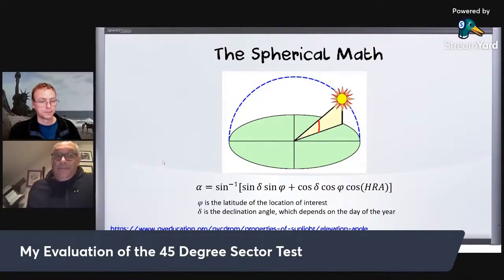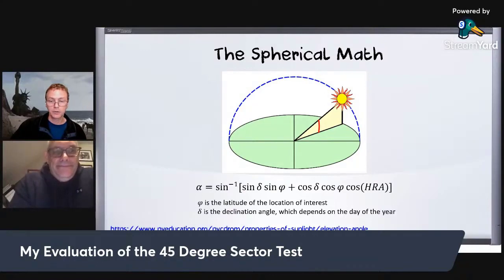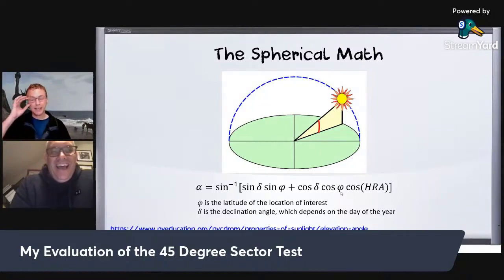Looks pretty impressive to me. Right, so spherical trig, Rob Parsons, spherical trig, woohoo! You plug in the declination here. Declination goes in there, and that's the time of the year, basically, or it comes from the time of the year. This is your latitude. That looks like a flat Earth model. You got the firmament. Yeah, it looks like a flat Earth model.